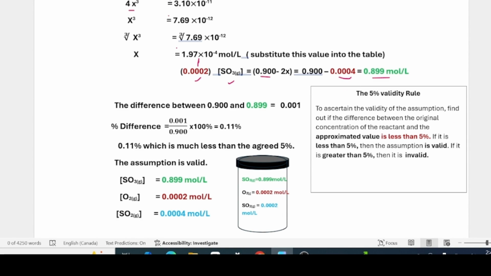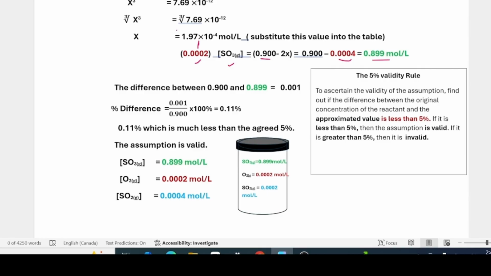Now, there's something else you have to talk about. There's something that's called the 5% validity rule. To know whether or not our assumption is valid, we're going to see if the difference is less than 5% of what the original concentration of the sulfur trioxide was. So the initial concentration of sulfur trioxide is this, and this is the approximated value. And the difference is what you get when you subtract this from that. To find the percentage difference, we take this value, put it over the initial concentration times 100%,